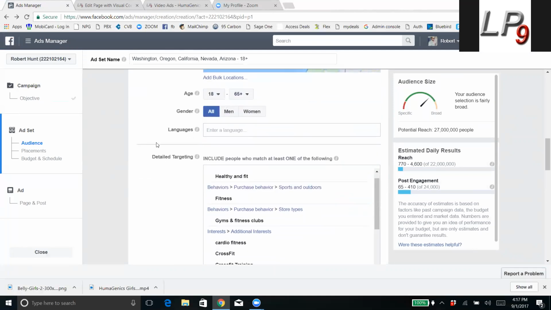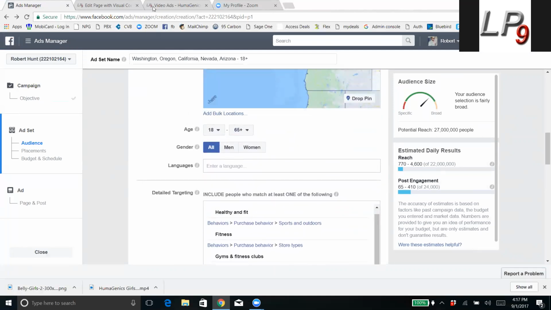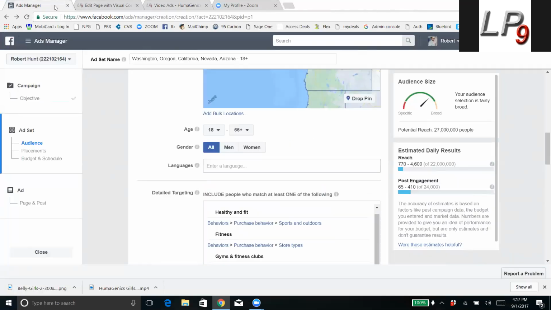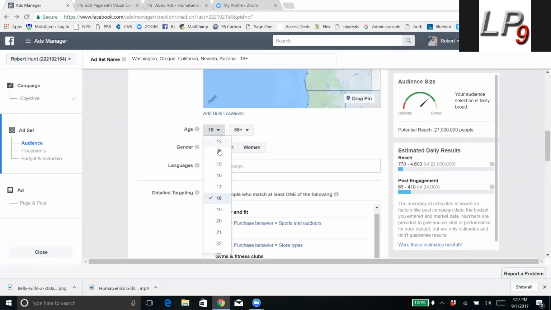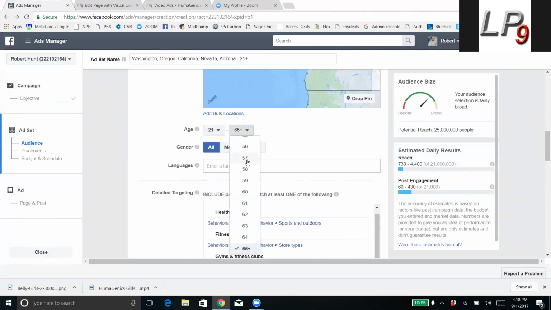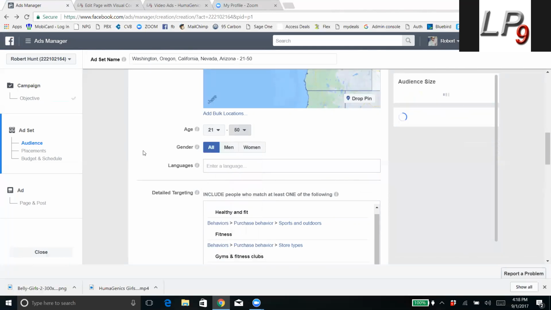So I'm going to scroll down and look at this age. Okay, I want to come back over here and see what this says about age. 21 to 50, and we're going to do everybody. So I'm going to go 21 because we do want people that have money. Most 18-year-olds don't have any money. And we want to go to 50 because we're hitting weight gyms and different things like that, and CrossFit and